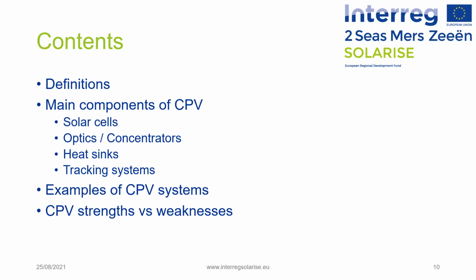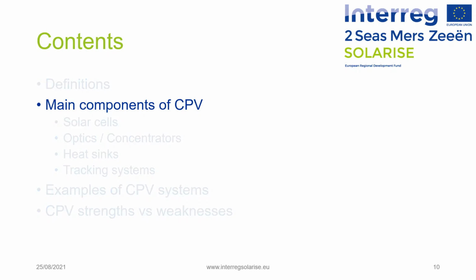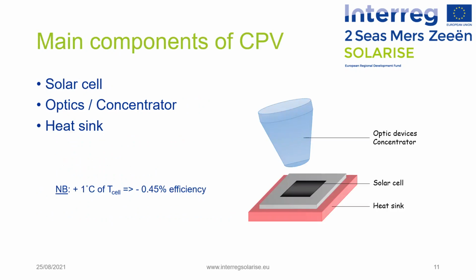Now that we have seen some key definitions related to CPV systems, we will focus on the main components of this technology, before looking at the different options that can be considered for each of them. From a global point of view, a CPV basic unit is composed of a solar cell, a concentrator that can be one or several optic devices, and a heat sink on the backside of the solar cell to regulate its